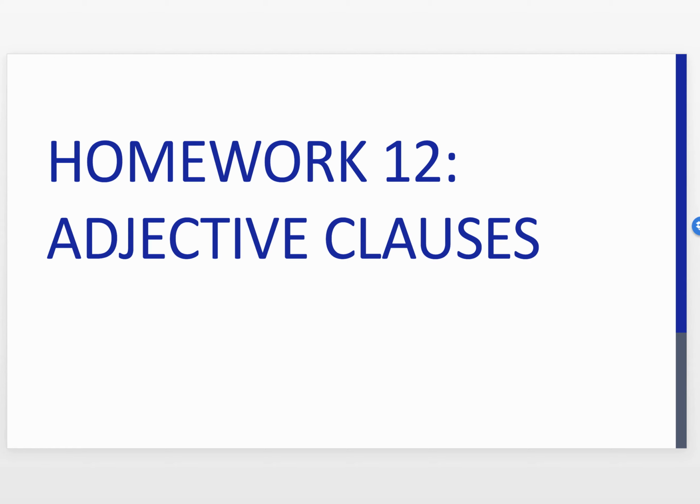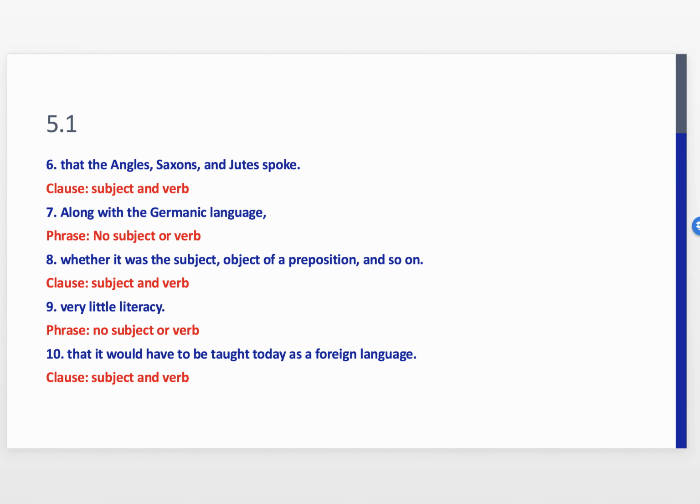All right, so this video will discuss homework 12 on adjective clauses. So adjective clauses began with section 5.1, where actually we had to distinguish phrases from clauses. So remember, we've looked at a lot of phrases: participial phrases, gerund phrases, noun phrases, appositive phrases, prepositional phrases, and those things are important to the sentence structure, but they are not clauses, meaning they do not have a subject